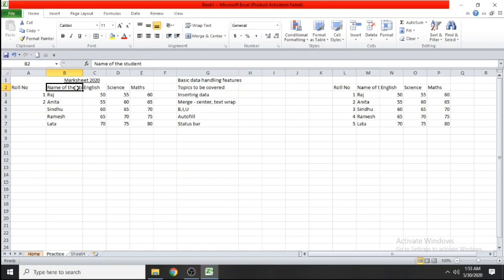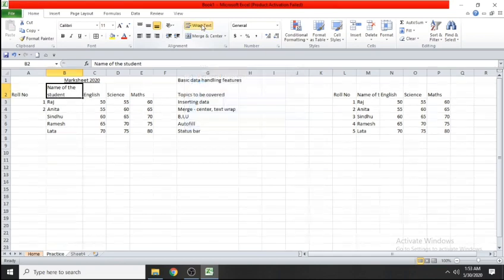Let's select this particular cell where you want to apply text wrap, and then again in the home tab under the alignment section you can see the wrap text option. Just click on it. Can you see the change? Earlier it was not visible due to the small column width, but since we have wrapped it, it has increased the height and now the entire column heading is visible. So this is the use of wrap text and it is available under the alignment section inside the home tab.